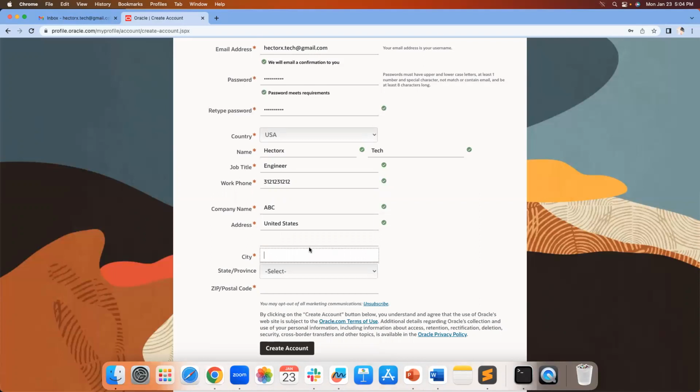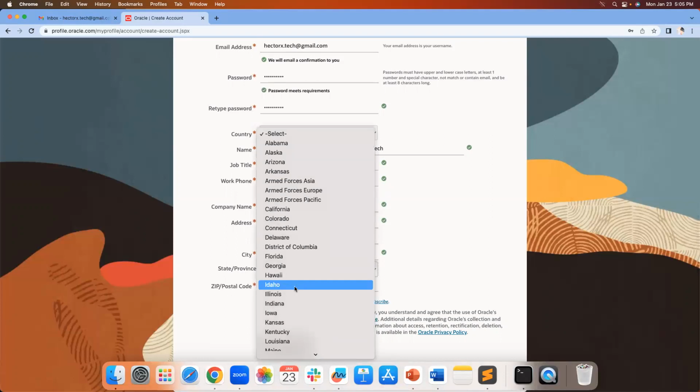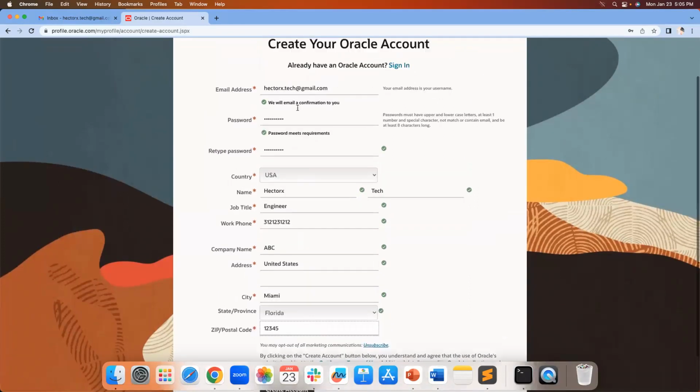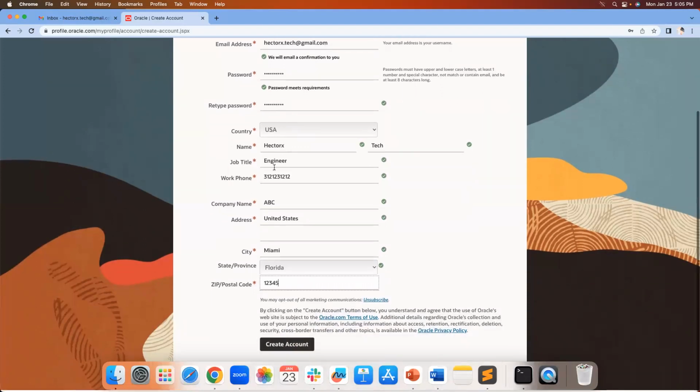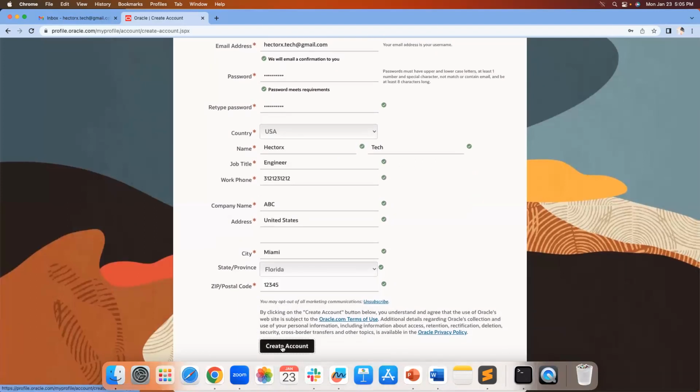City could be, let's put Miami, or you can put any city where you live. And state is, okay, Florida. Let's select the state. And zip code is 12345. It's not really important. You can put all this information as you wish, but don't forget your email address and the password that you provided here, because you will use this to sign in. So when I hit create account,